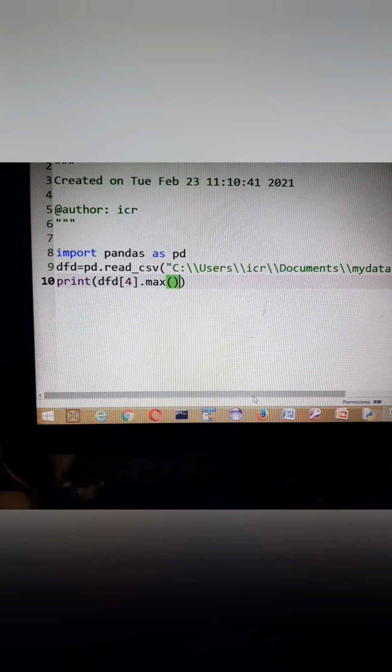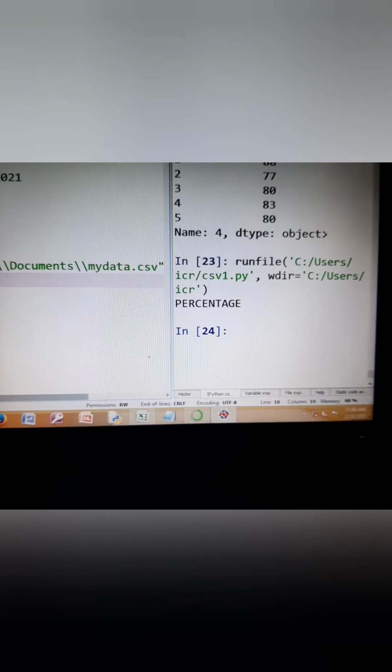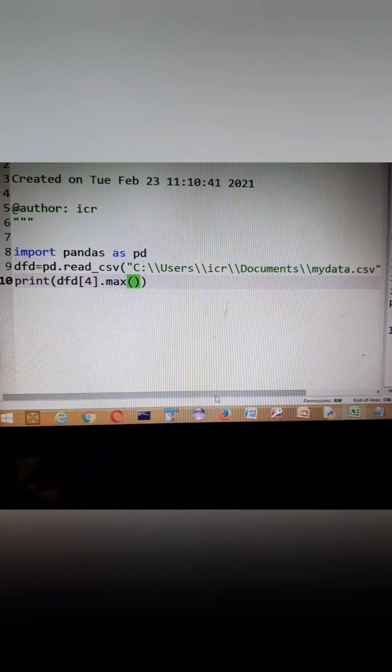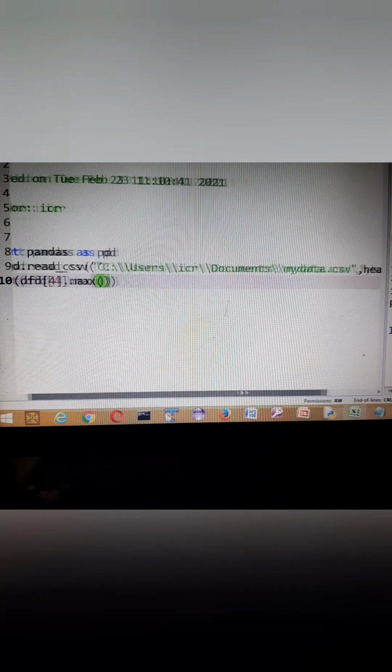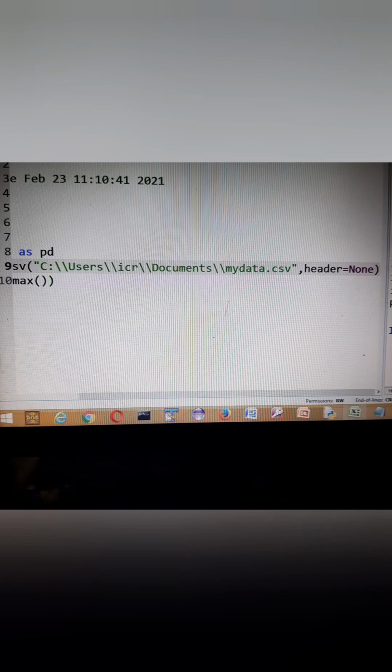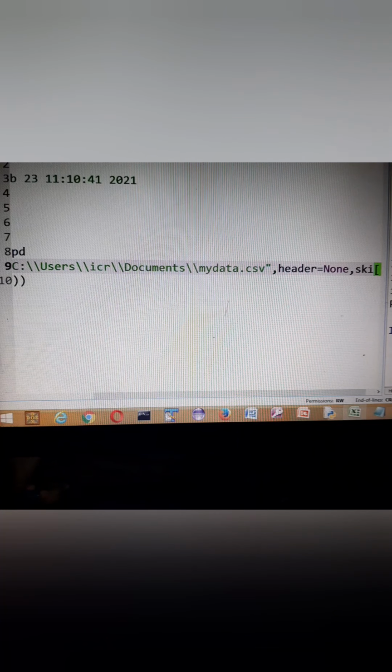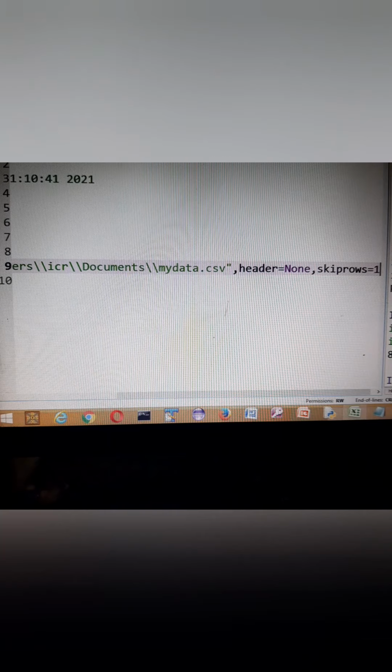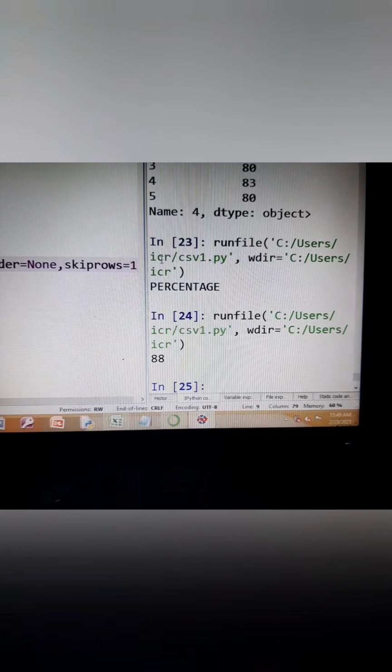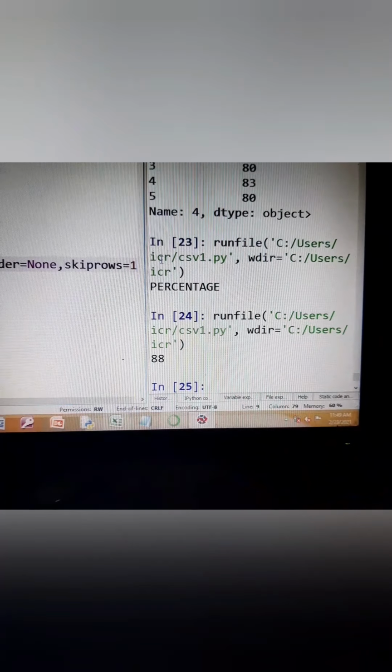So see, it is giving me percentage, because according to the ASCII code, P is highest. So what I will do is I will write skip rows is equal to 1 so that I can get the correct answer. Skip rows is equal to 1. Now I'm getting the highest percentage, which is 88 over here.